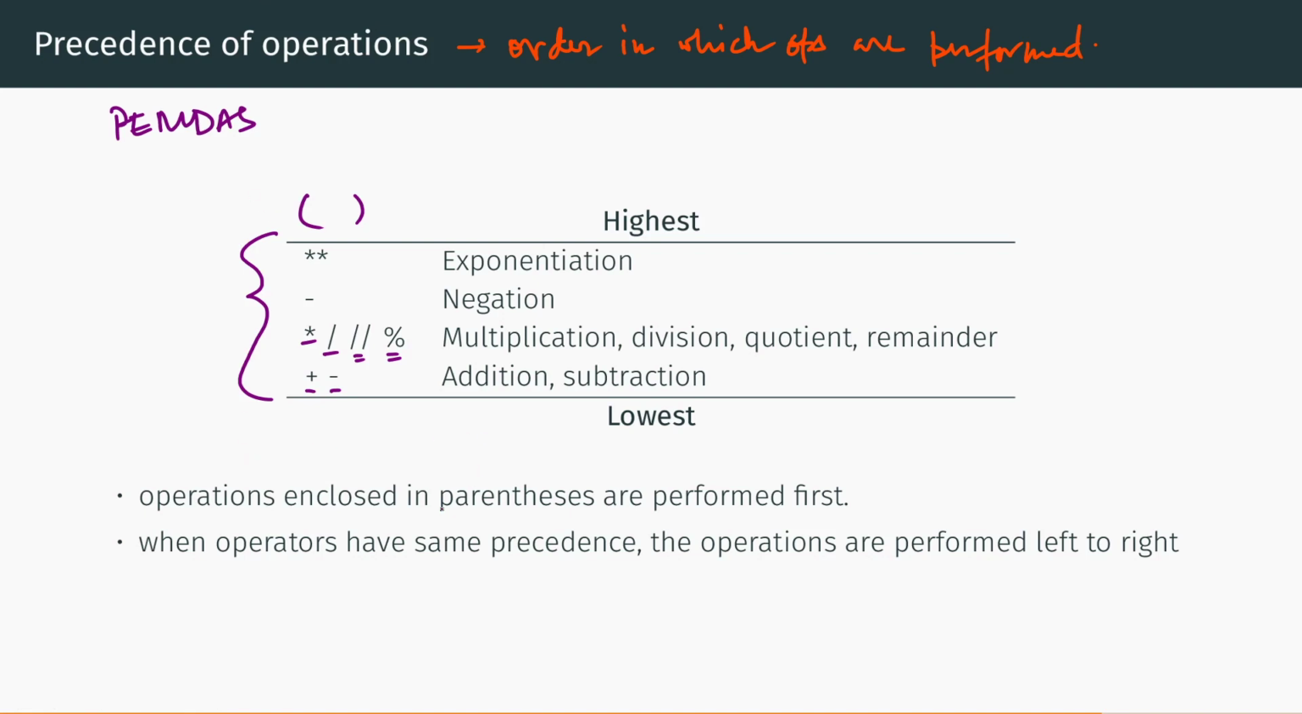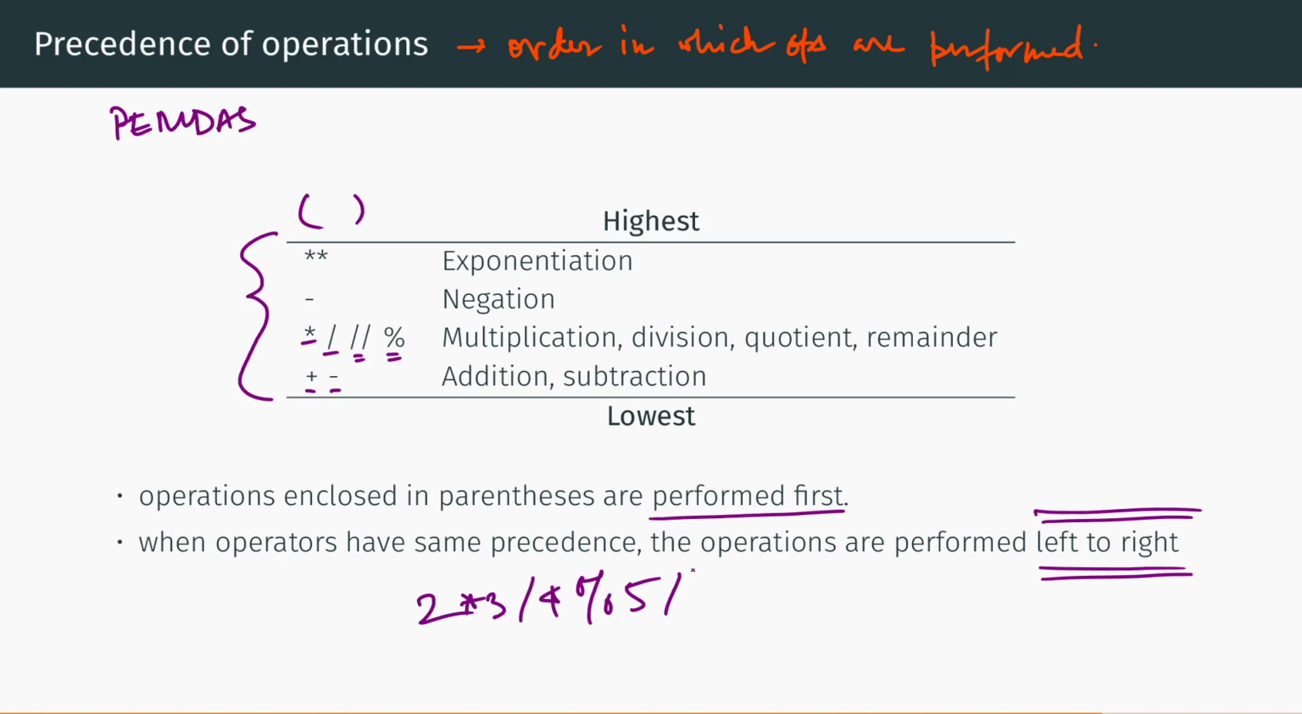Operations enclosed in parentheses are performed first. When operators have the same precedence, the operations are performed left to right. This is important. When you cannot resolve a tie between the precedence of two operators, it's evaluated left to right. For example, if you have something like 2 times 3